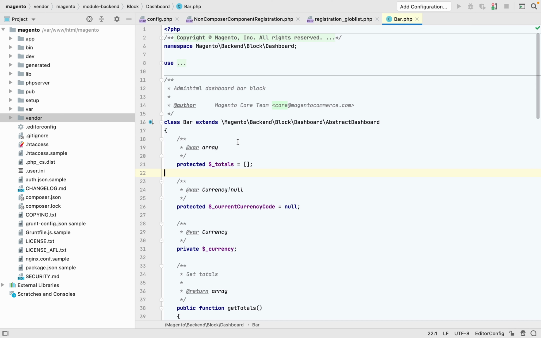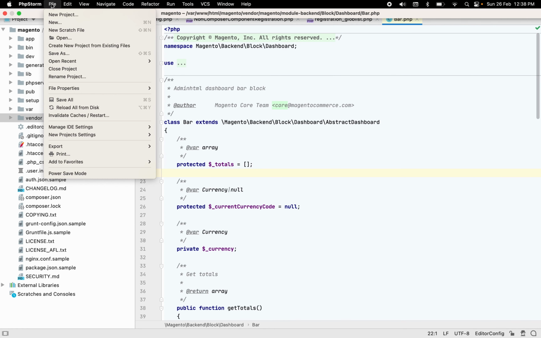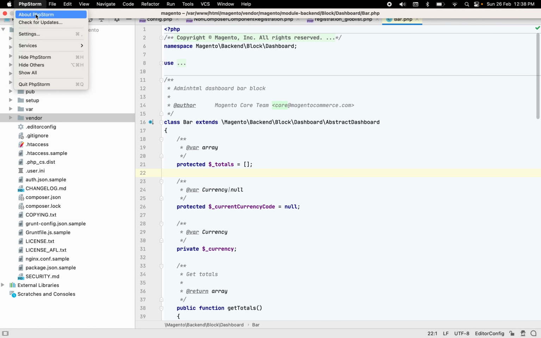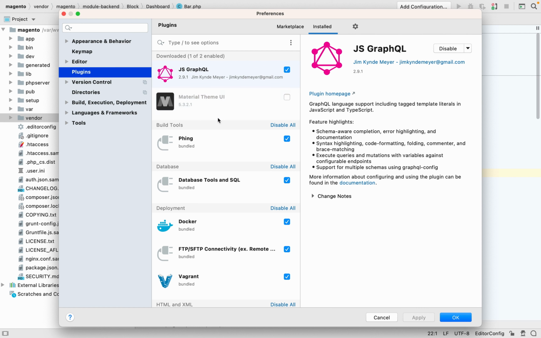Now the second tip that I will share is to disable all the extensions which are installed by default in your PHP Storm and you are not using in your project. To do that, you have to go to settings here in PHP Storm settings sections. In Ubuntu you will see settings inside file, in Mac you will see settings inside PHP Storm. So go to settings and there you will see the plugin section. So click on plugins. You will see all the plugins which are installed in your PHP Storm.